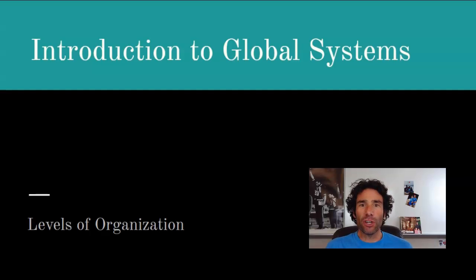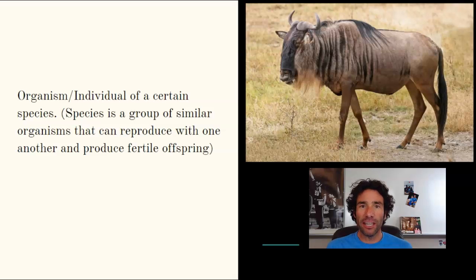If we start at the most basic level of all, that is the individual, or a single organism. So, what's an organism? We think we know, right? It's one thing, one living thing. Well, to be a little bit more specific, it's one member of a species. What's a species? Well, a species is a group of things that can get together and reproduce with each other